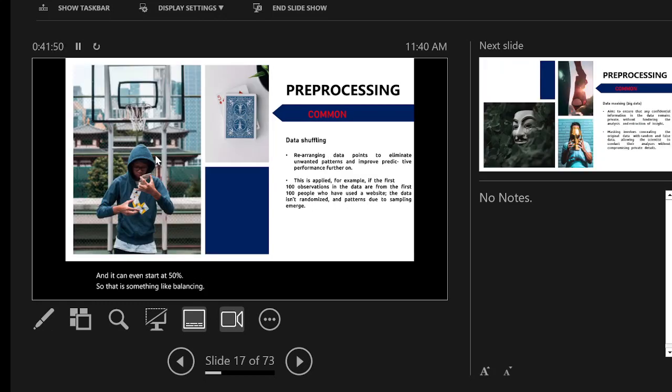Then another data processing method is called data shuffling. So you try just to rearrange your data points to eliminate unwanted patterns and improve predictive performance further on. For example, if the first 100 observations in the data are from the first 100 people who have used a website, the data is not randomized and patterns due to sampling emerge. So what does it mean? For instance,